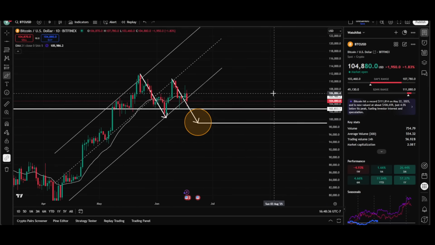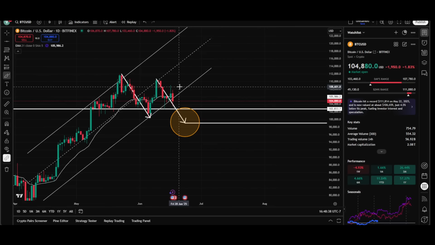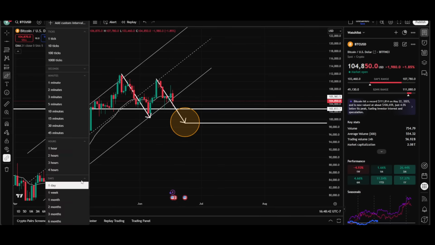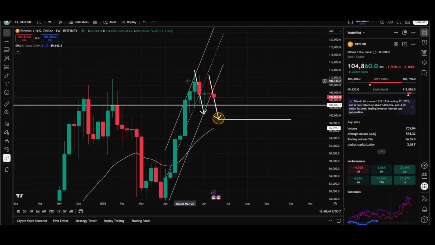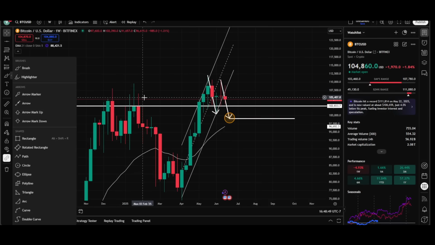Maybe sooner or later it starts to pick up and goes into that exponential move. But as of right now, this is still bullish. If I show you guys on the weekly chart, it's going to look simpler. So this is the prior all-time high, and you can see I have that horizontal line right around 102, and